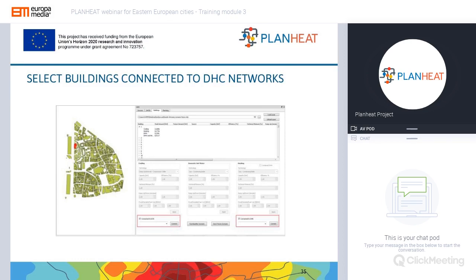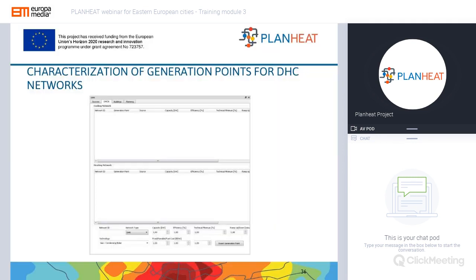While in the next slide, we can see how we can select buildings that are connected to the DHC networks. I would like to emphasize that all this is still in a prototype mode. So the characterization of generation points for DHC networks can also be done from the DHCN tab.